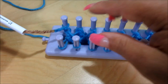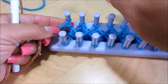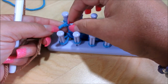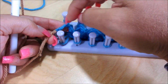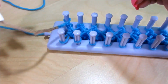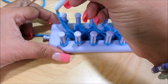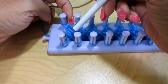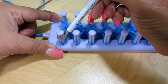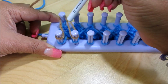Here I did my Russian knot like I showed you, but in here with the blue, once I pass it through, I went back and wrapped around that stitch and went back again with the blue, okay, to secure that stitch very well in there. So now we're gonna do the fish scale stitch, and you're gonna go straight. The yarn is on this side, but you're gonna go to the outside here and you bring it straight here, and you go back to this one here. Now we're gonna work all the pegs